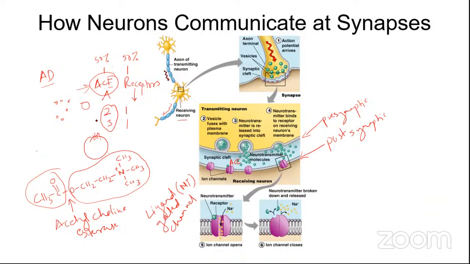Then, if you are heading towards Alzheimer's disease, there is more concentration of acetylcholinesterase compared to the number of receptors. What that will do is that although your first neuron fires, the next neuron will not fire. Are you getting the point? And that is essentially because of the building up of concentration of the enzyme acetylcholinesterase. Now, this is one way in which you can control the transmission, or continuation, of the nerve impulse.